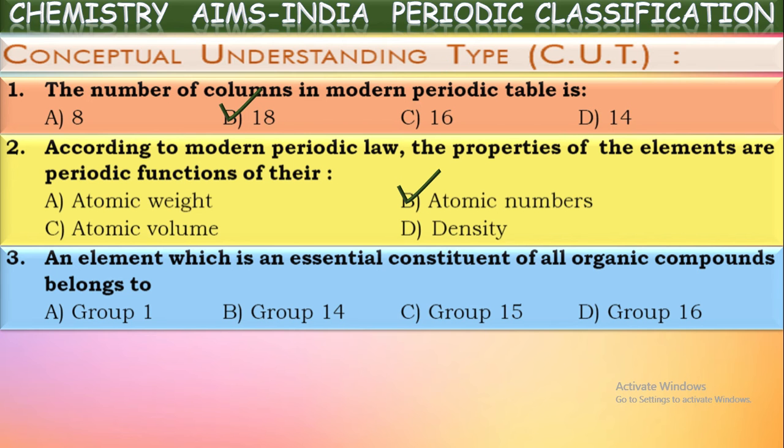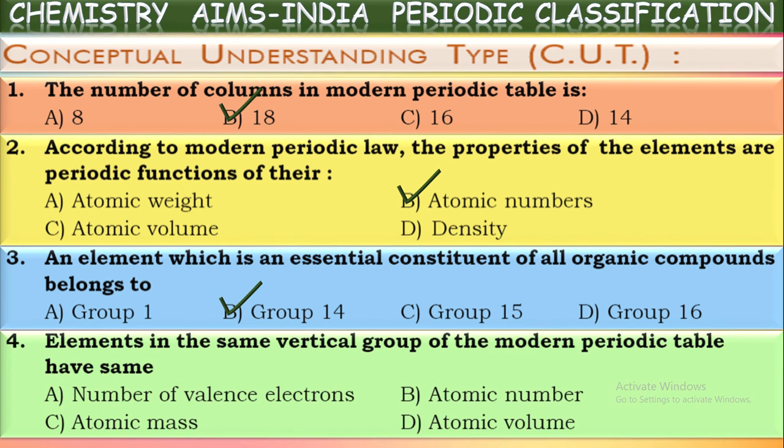We know the atomic number of carbon is 6. It has electronic configuration 2, 4. So as there are 4 electrons in its valence shell, it belongs to the fourth group. That fourth A group is also known as the 14th group, isn't it? Carbon group is 4 or 14. It belongs to the 14th group.